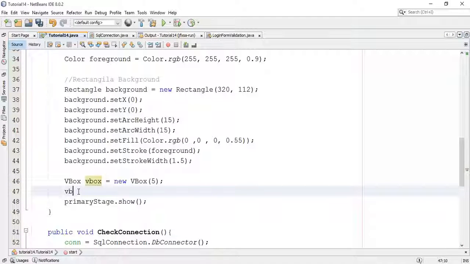Next I'm going to set the padding for the VBox element.